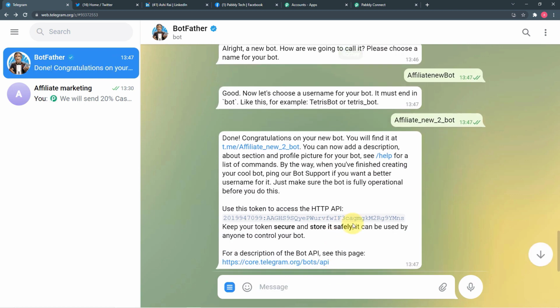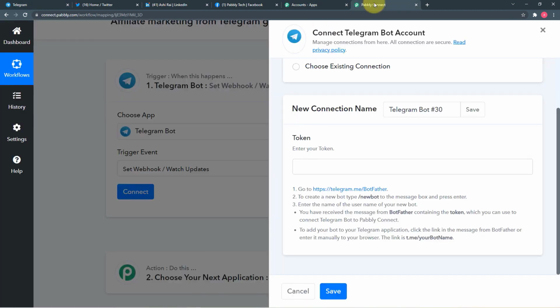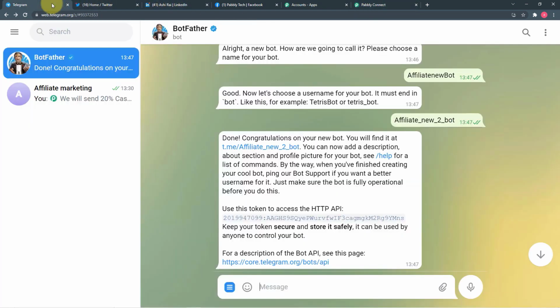Now you can see we have generated a new bot. It is saying done, congratulations on your new bot, and you will find it at this link. We will find the bot at this link when you click here, and it has given us this token. You have to copy this token and paste it here in Pabbly Connect in this token field. But before that, you have to make this affiliate bot that you have generated